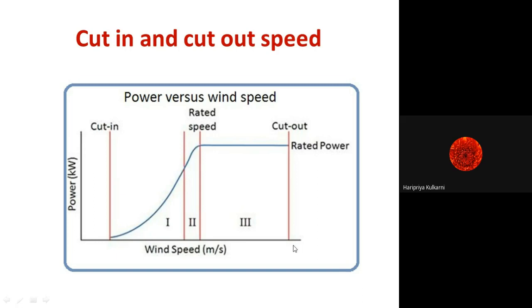operate the wind turbine, because its safety is hampered. There are chances of breakage of blades and our system may collapse. So for that purpose there is a cut-out speed wherein we go for a stalling operation. Purposely we stop the wind turbine, because it is a storm condition. Wind speed is very high, which is very prone to damage the blades of the turbine. There are chances of breakage of the turbine.